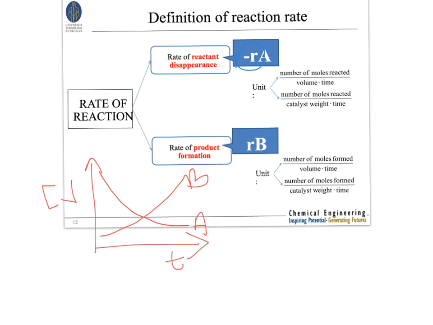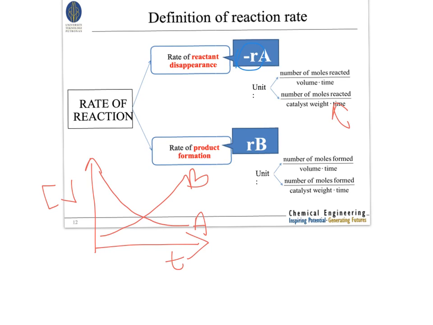Okay, so there are two ways to write the units. This is number of moles reacted over the volume times the time, or number of moles reacted over the catalyst weight times the time. For a reactant, it's number of moles reacted, but for the product, it's number of moles formed in the system. The second unit, number of moles reacted over the catalyst weight times the time, is for the